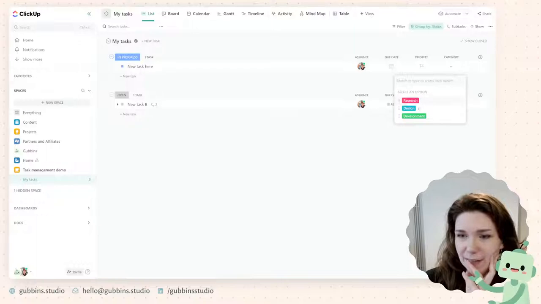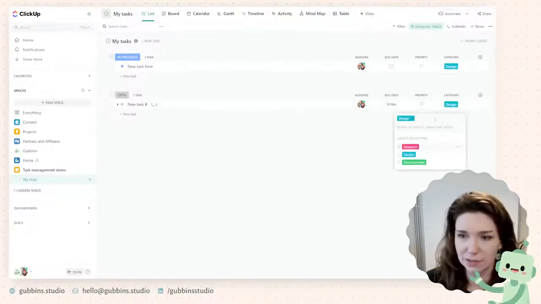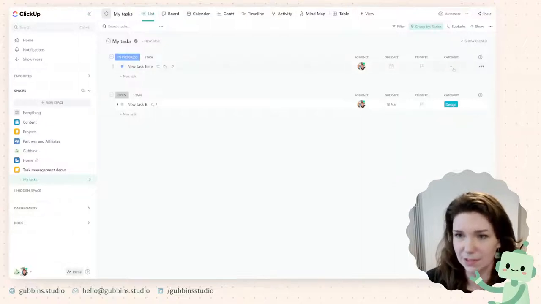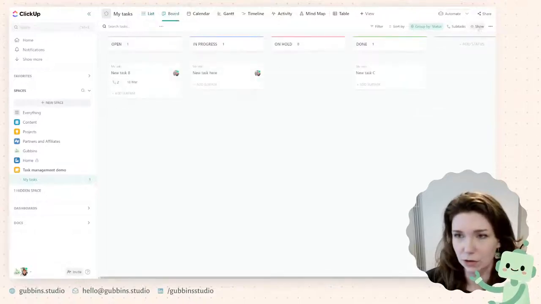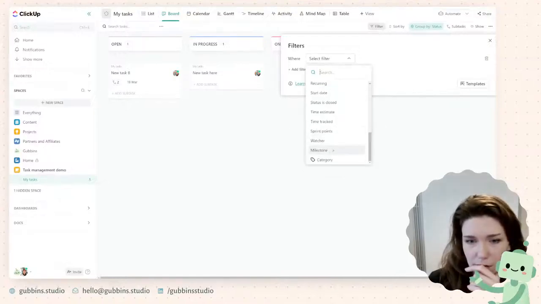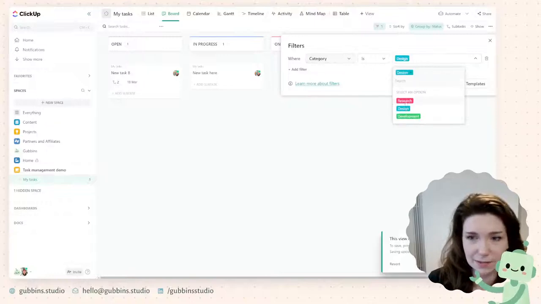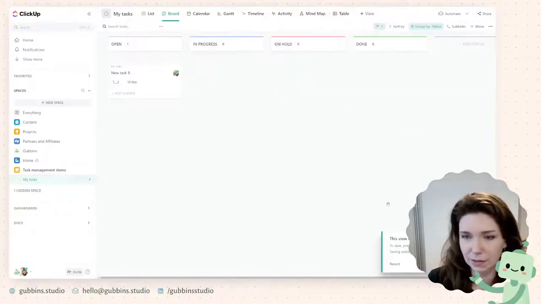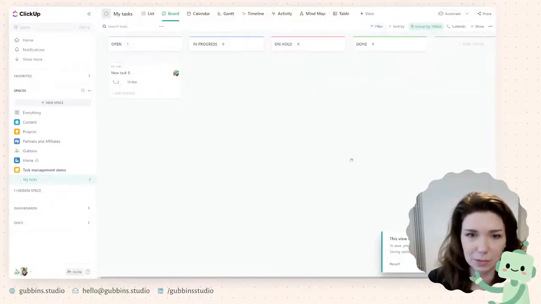So you can see now that if I had this one as a research task, this one as a research task, let's do that properly, and this one is a design task, then in the board view, if you wanted to just show your things, category down here, where category is design, and that's filtered the view. So the other one I had here that wasn't design is gone, but I can bring it back.